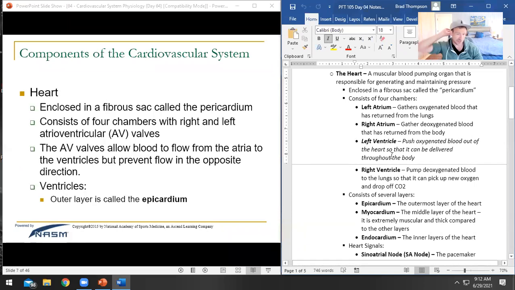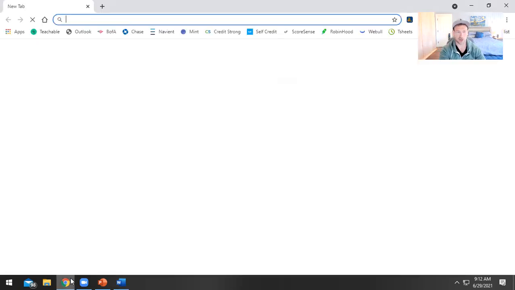So you can see here, we actually don't have the chambers listed up here in the PowerPoint, but I did want to get them up here. I don't think you're tested on them in this course, but they come up next mod, so I wanted to mention them now. So if we look at the 4 chambers of the heart,